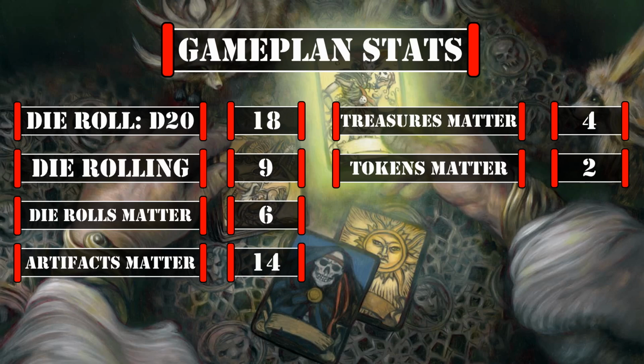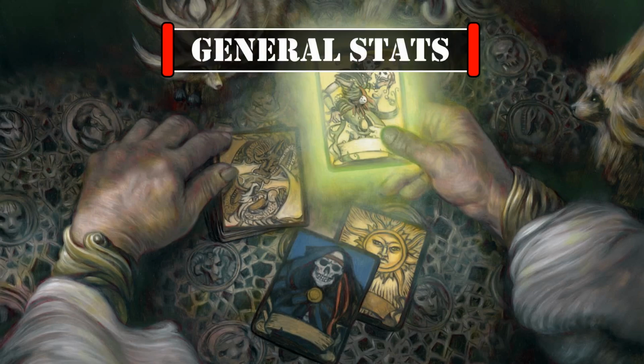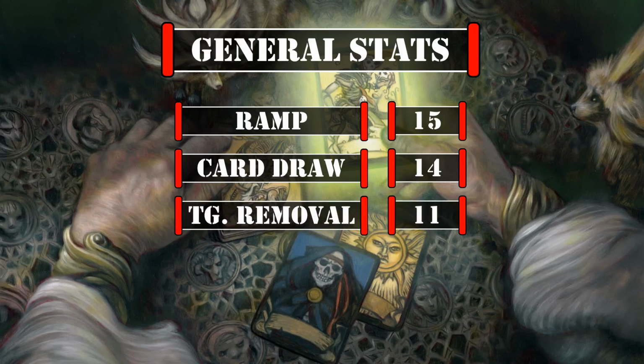or more value for ourselves, 5 sources of targeting and/or destruction protection to help keep Mr. House alive for longer against our opponent's attempts to remove him so he can keep generating us value, and 3 sources of evasion to make it slightly easier for our on-attack sources of die rolling to swing in safely and repeatedly. For general deck stats, we have 15 ramp sources, 14 card draw sources, 11 targeted removal sources, and 2